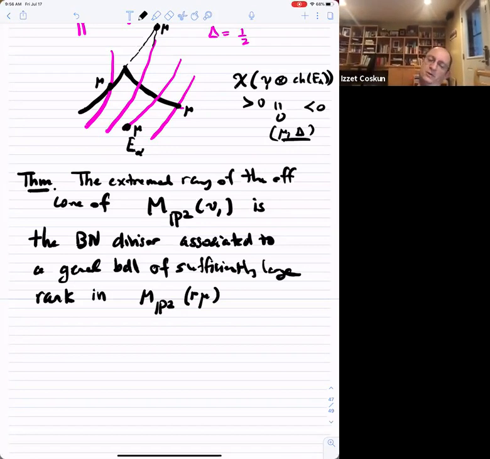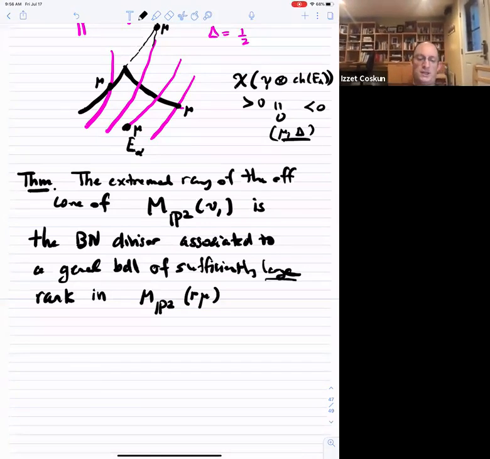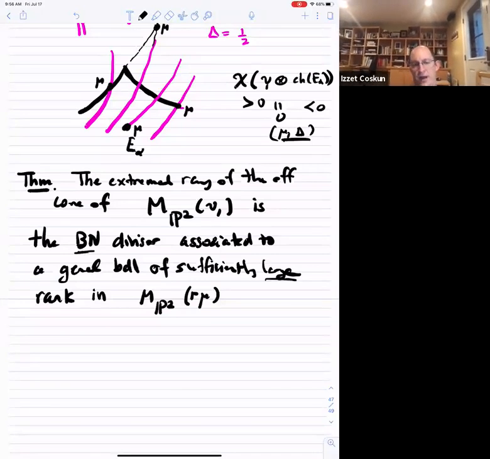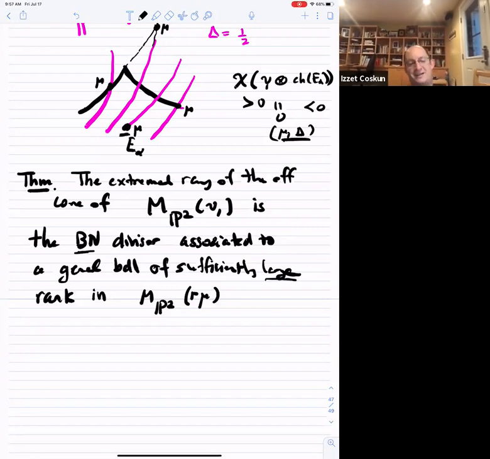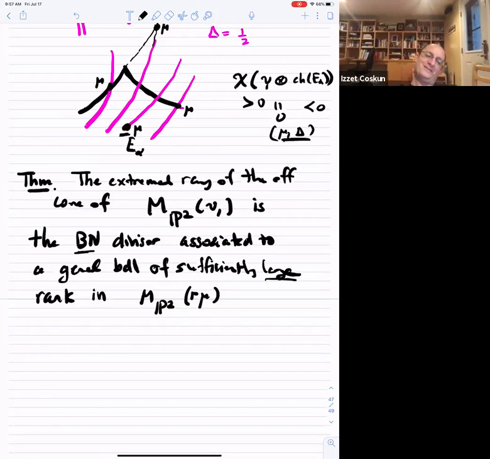So you take something of sufficiently large rank to moduli spaces corresponding at these points. So then you take the general Brill-Noether divisor, and that's the extremal ray. Okay. So far, all the examples I've talked about were passing through this exceptional thing: it was OF1, OF2, the tangent bundle. We've only talked about these exceptional cases, but in general, the